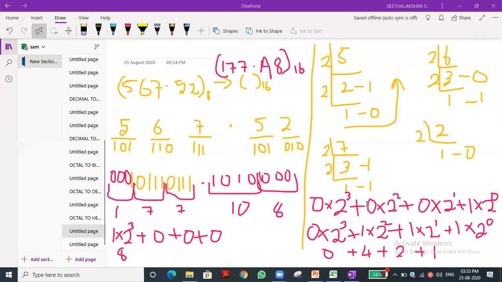This is called number conversion. So how to convert? There are four types of number systems: binary, octal, decimal, hexadecimal. How to convert from one number to another number, that's what we are doing. Once you review the previous class videos, you can get an idea. Even if you didn't get it, it's not an issue. Just inform me.